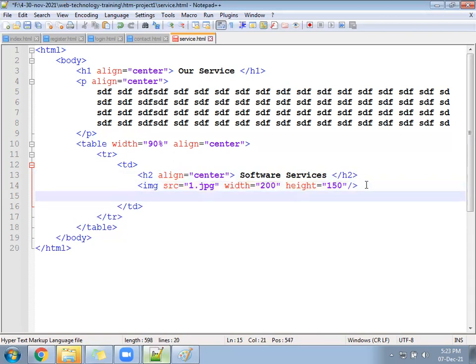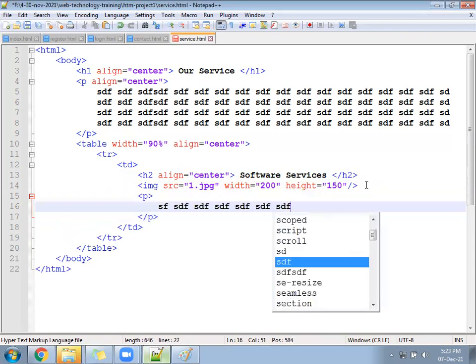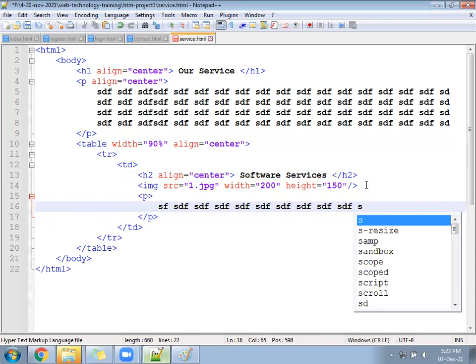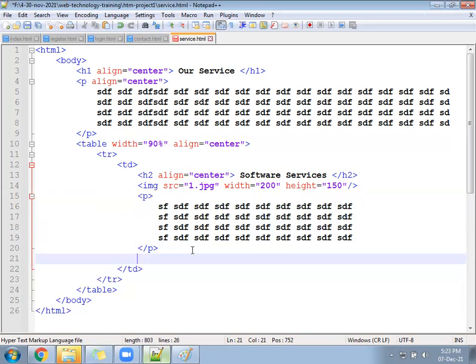Below, use the p tag. Under the paragraph, display some text. After the paragraph, write a href equal to read more.